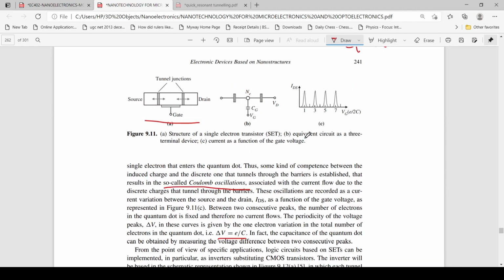I have already mentioned that this is sequential tunneling, and the tunneling is not continuous. At some points we observe tunneling, and at some points there is none. This varies periodically, and the period is determined by the applied potential, and it is E by C. This figure shows the oscillatory nature of the current measured across this junction, a periodic variation. This period is determined by the potential difference in Vg, and it is E by 2C. So this setup can be used as a transistor, an oscillator, etc. You can read the textbook to get more ideas. Thank you.